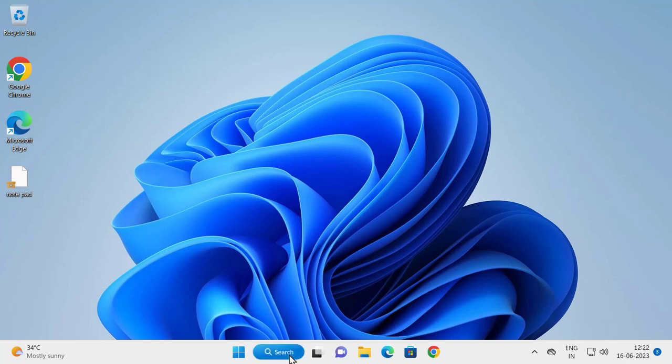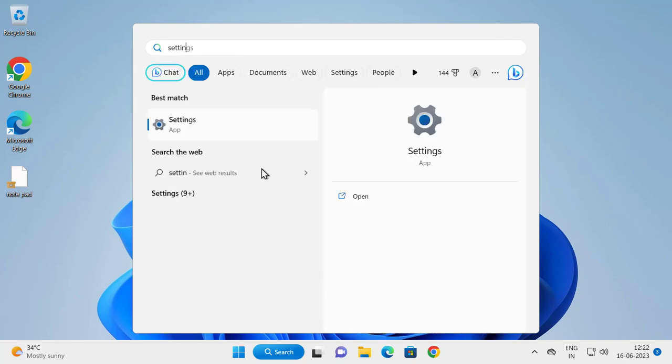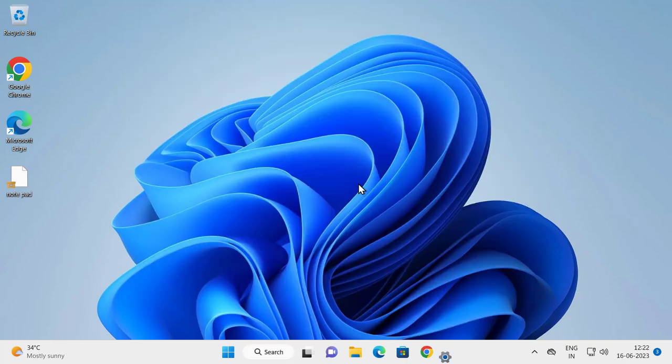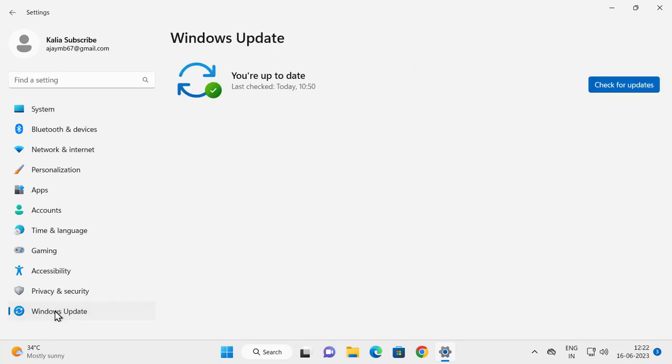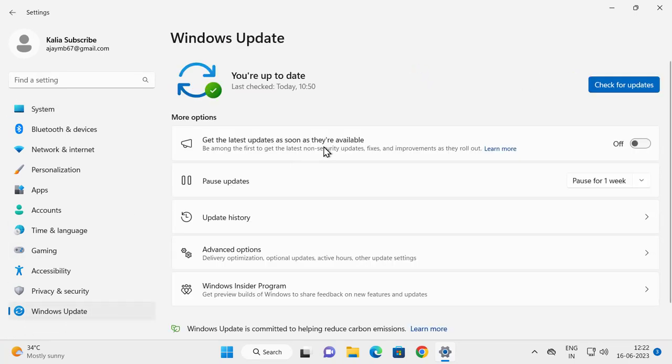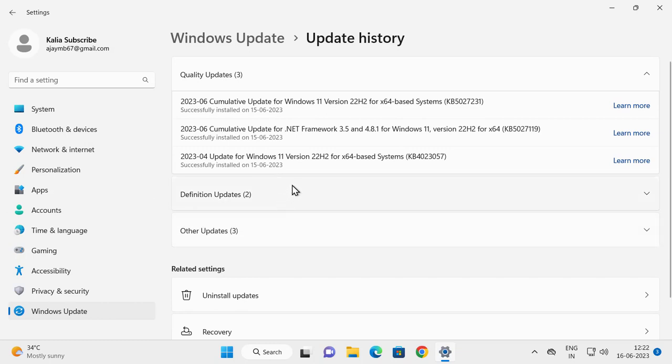For that, go to the search menu and type settings. Open it up and select Windows Update. On the right side, you need to select Update history and locate the update after which you started getting the problem. You just want to select the Uninstall updates option over here